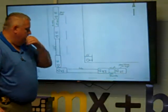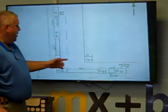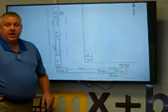This one's kind of crazy. Does anybody know what this is? Stop sign. Okay,